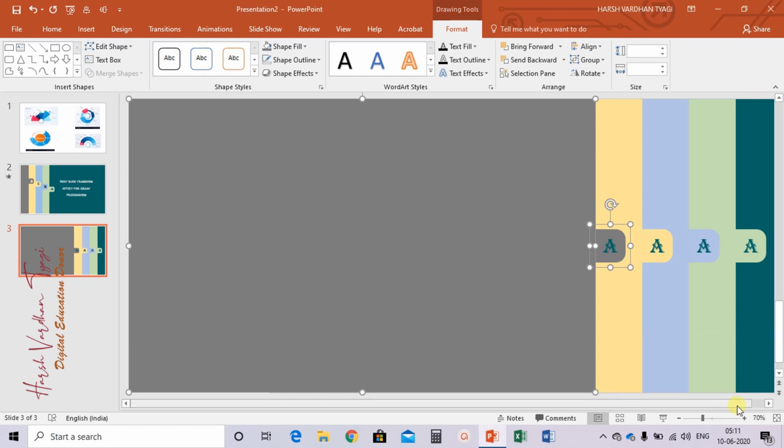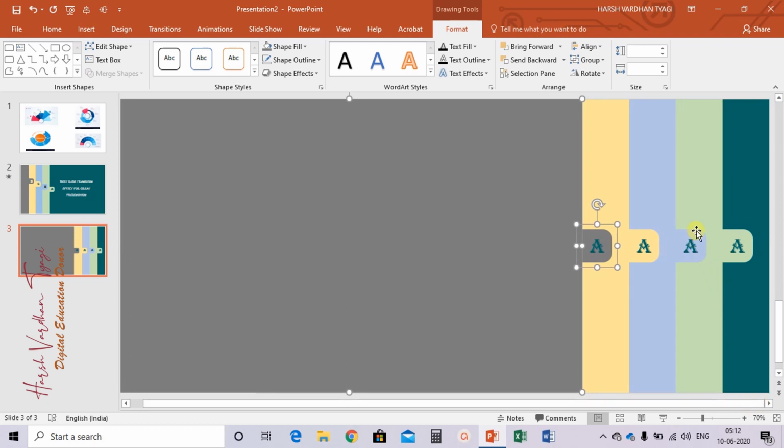Now you need to arrange the tabs. Select this and make it a little upper, this way. Select this one, drag it a little upper. Select the last one and also drag it a little up, this way.